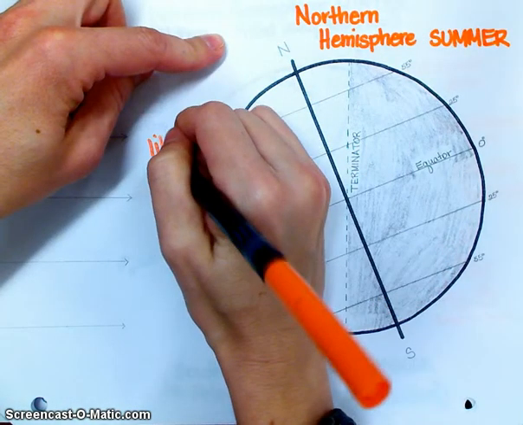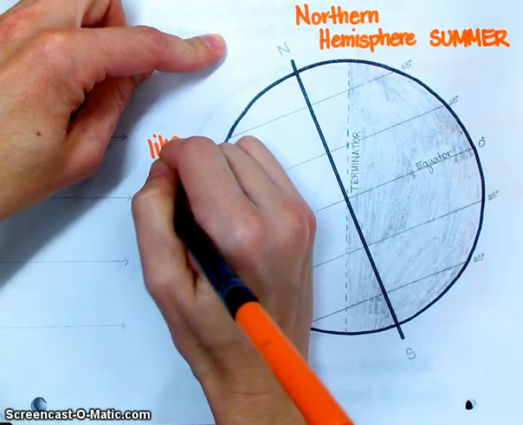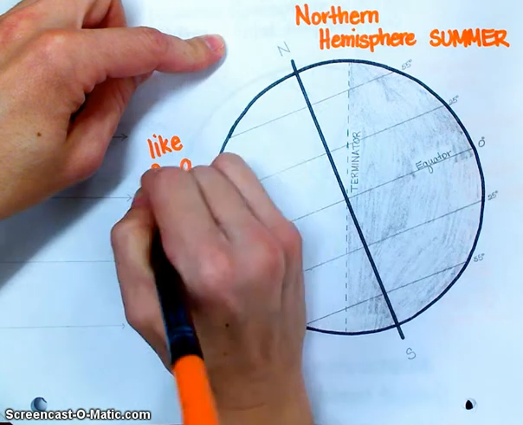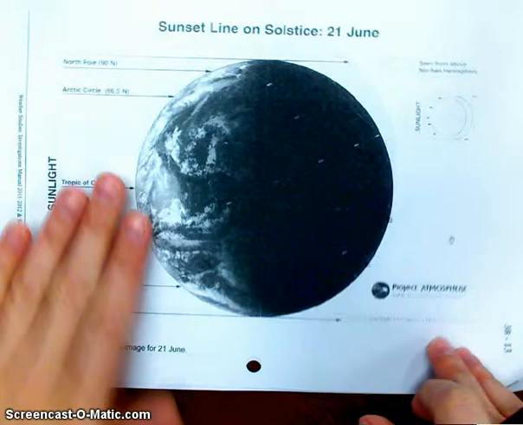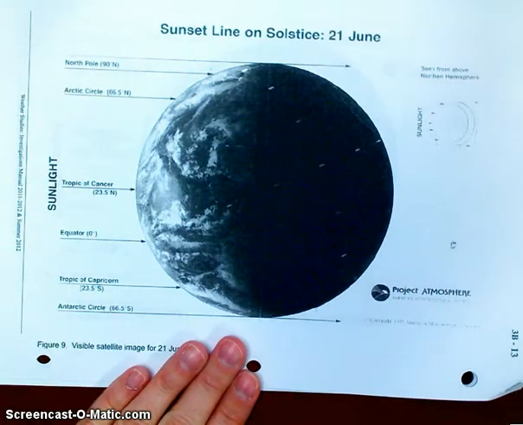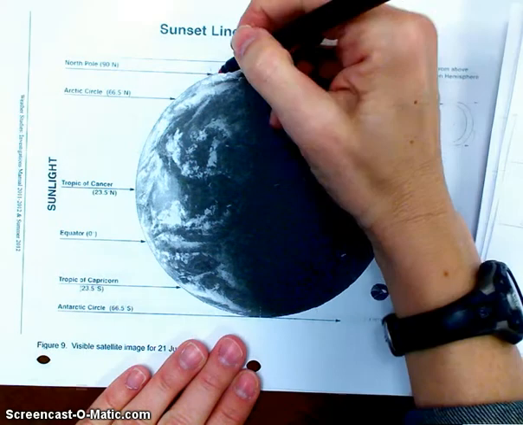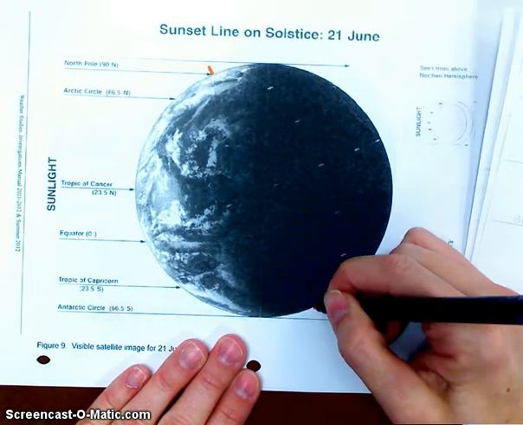It's going to be like figure 9. Okay, let's double check. Here's figure 9. Okay, it's kind of hard to see, but here's the North Pole, here's the South Pole, and